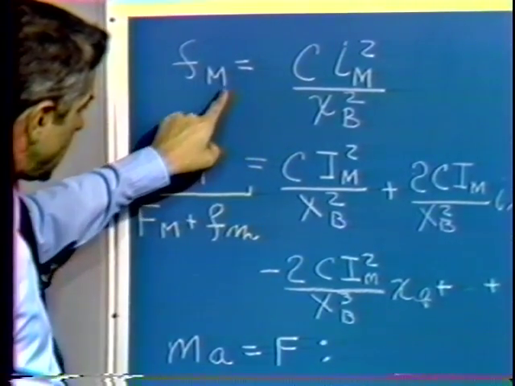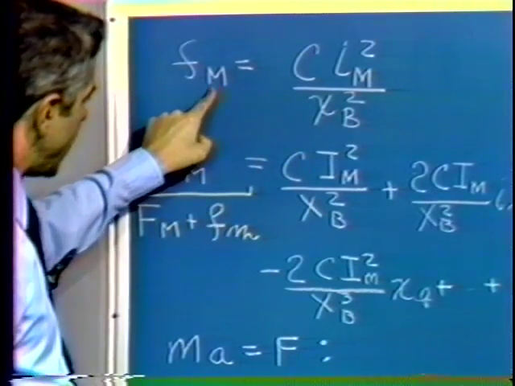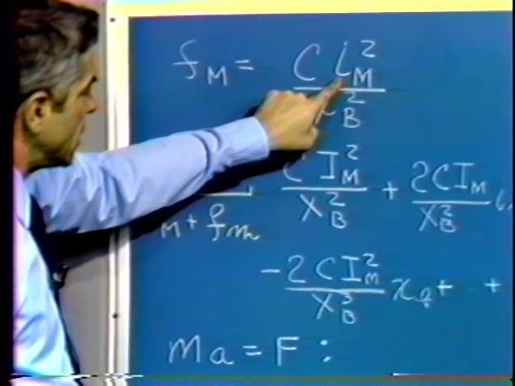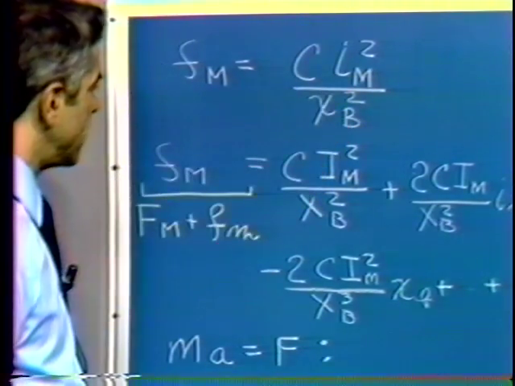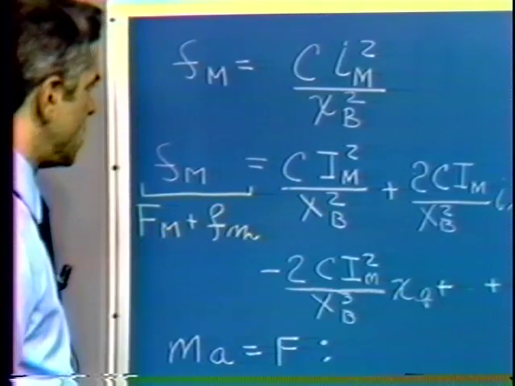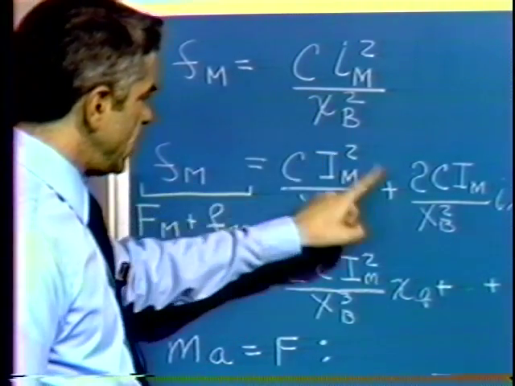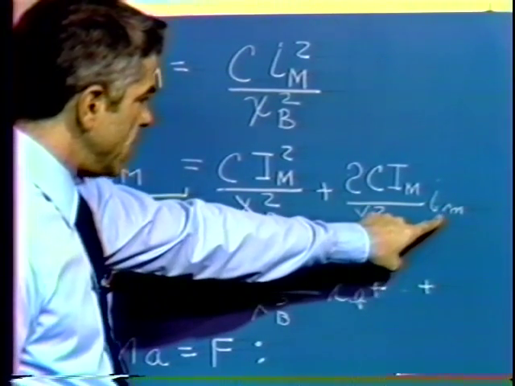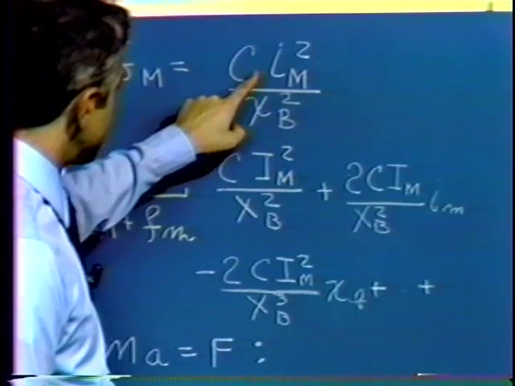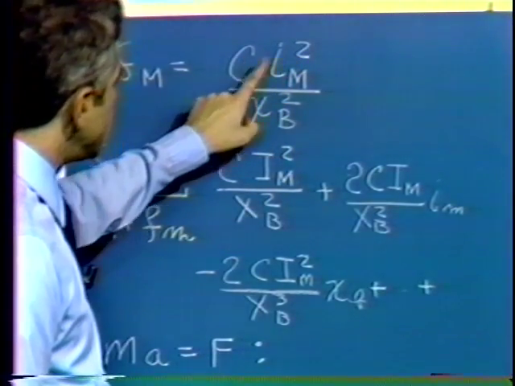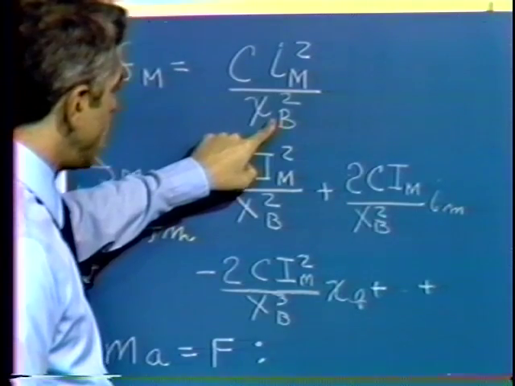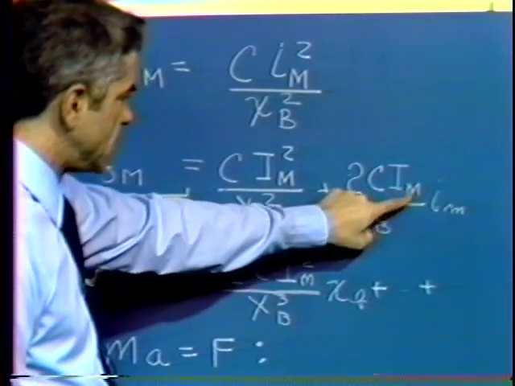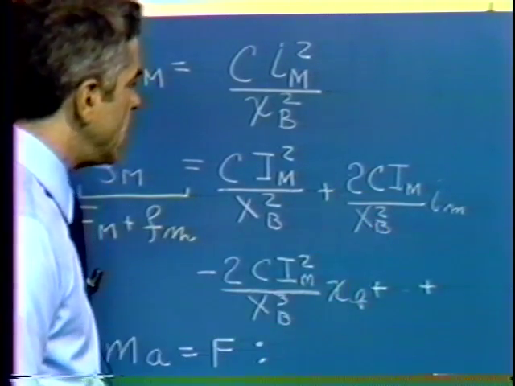That's the value of magnetic force, the operating point value, found by substituting in the operating point values for magnet current and ball position. So that's really this term. Then we have the derivative of the original expression with respect to I sub m multiplied by the incremental change in I sub m. So the derivative of this expression is 2c I sub m over x sub b squared. Again, of course, evaluated at the operating point, capital I sub capital M and capital X sub capital B, multiplied